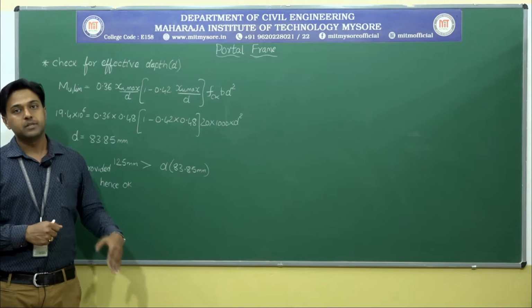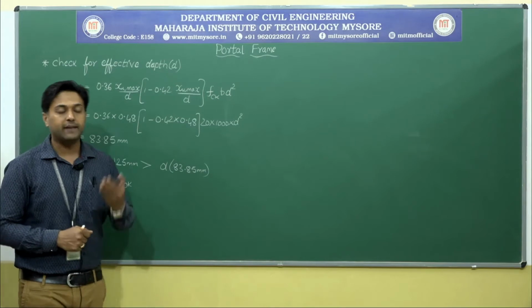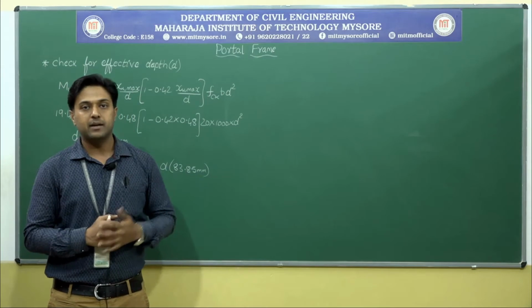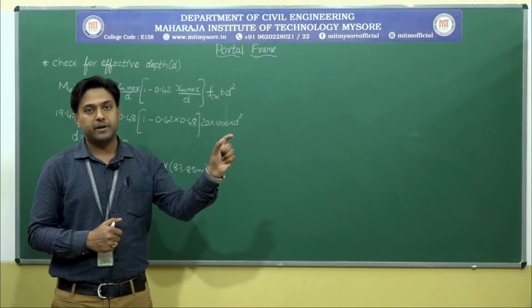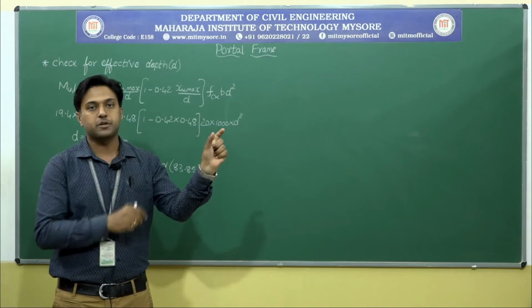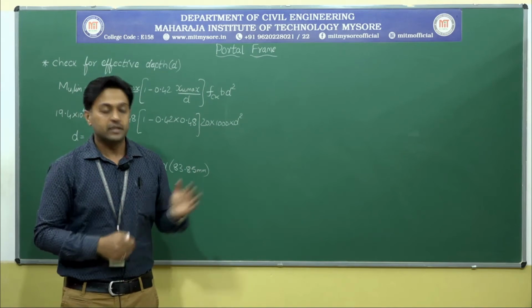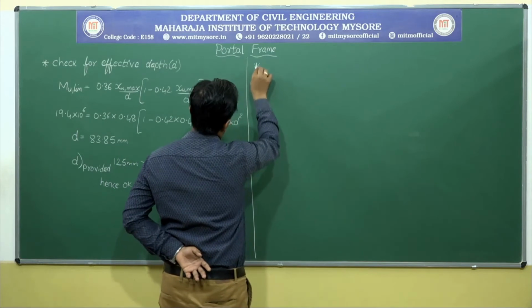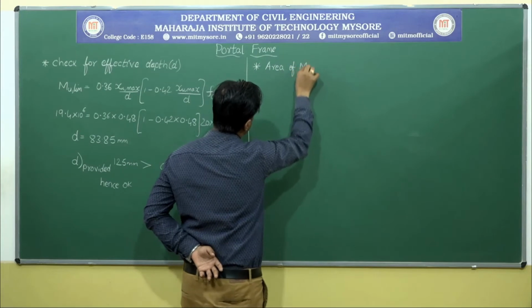After effective depth, I need to go with the area of steel. Here for area of steel, I will be considering 2 particular portions. One is the mid span and one more is the support span, because bending moment also we have calculated in that particular pattern. So end span moment or support moments or span moments. Span moments means the mid portion moment. End support moment means it is the end of the support. So now I will be going with the next heading, area of mid span steel.